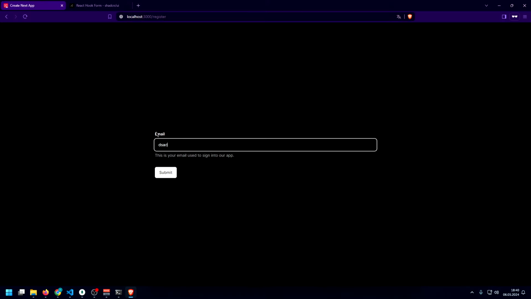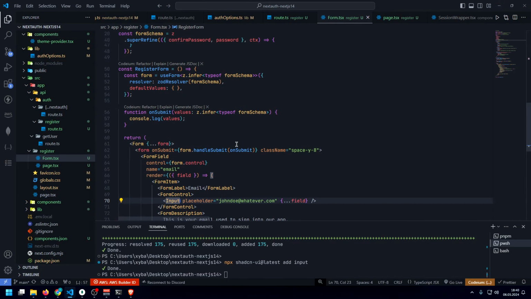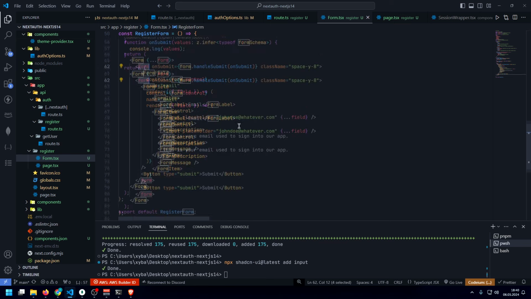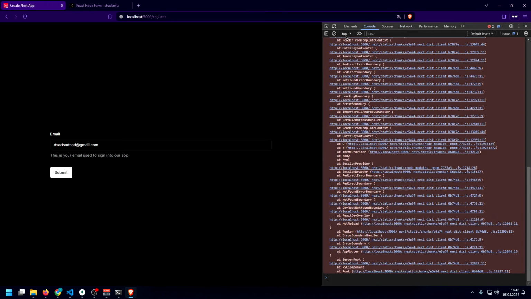But now that I've removed it, when I type something in, as you can see, this is not a valid email. If we hit submit, we now get a proper client-sided error saying this is not a valid email. Let's change this to a valid email. And since we have this onSubmit function here, which automatically gets called inside of our form as soon as you hit the submit button with type submit, we can now take a look at our